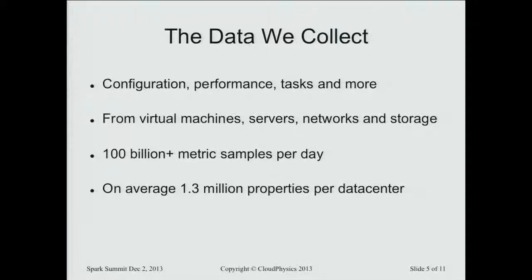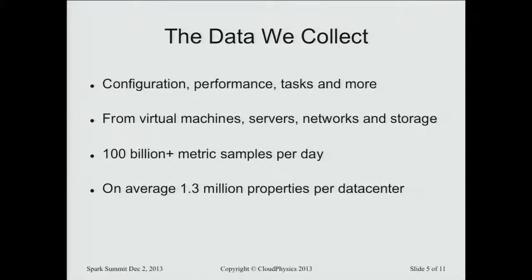This is a quick overview of the kinds of data that we collect from our users. It includes the various configuration parameters of a user's infrastructure, like, for all the virtual machines, how many virtual CPUs are configured, what's the provisioned memory size, et cetera. And then performance metrics and tasks, think of these as a structured form of log data from a user's environment. And then we collect data from all kinds of objects, including virtual machines, physical servers, network switches, both physical and virtual,